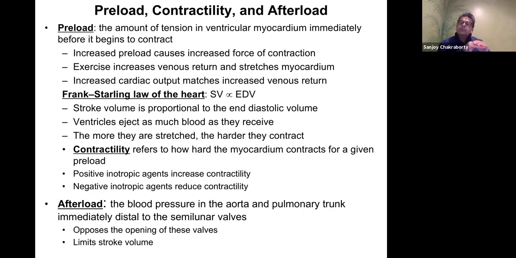So the stroke volume will be cut down. That means more blood cannot come in. So preload, venous return, contractility, afterload: these factors directly control EDV and ESV. Okay. There are a few more factors we have to discuss that control the heart rate, like hormones and the nerves, which I am going to discuss when I